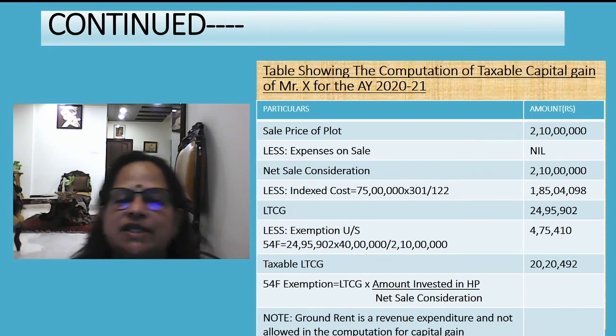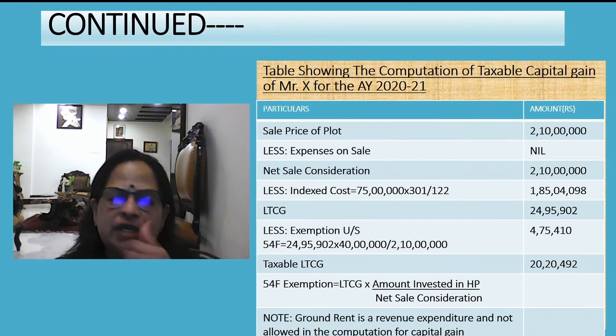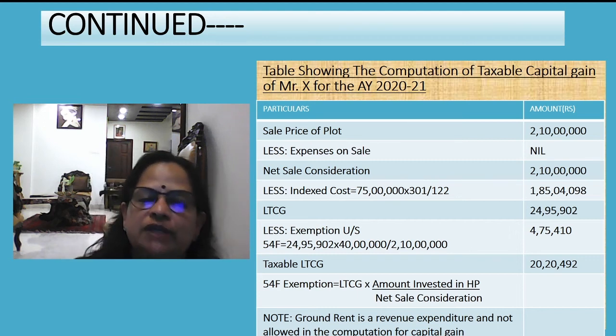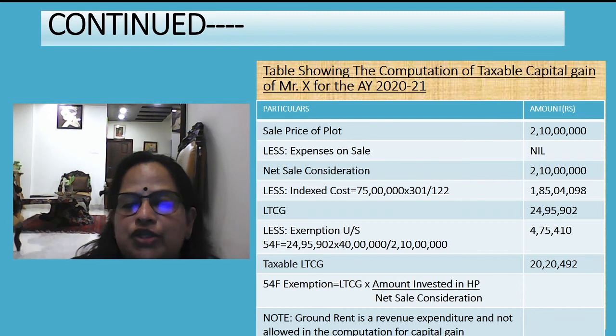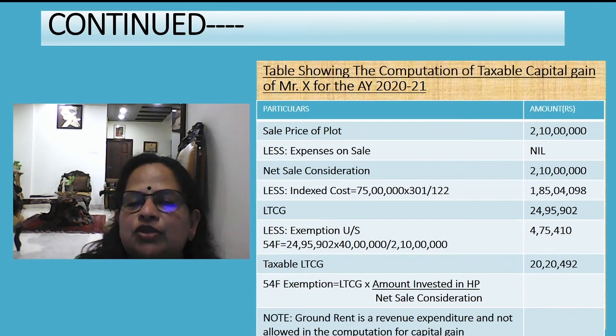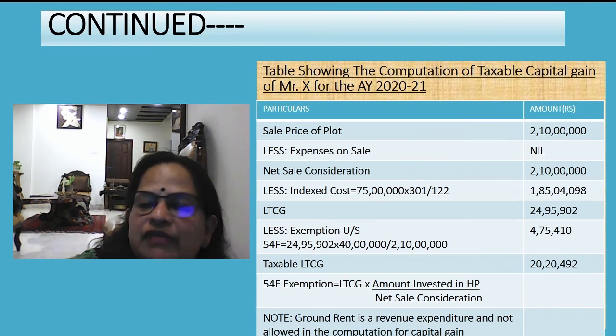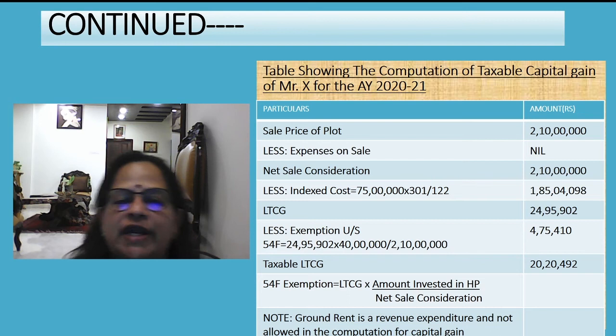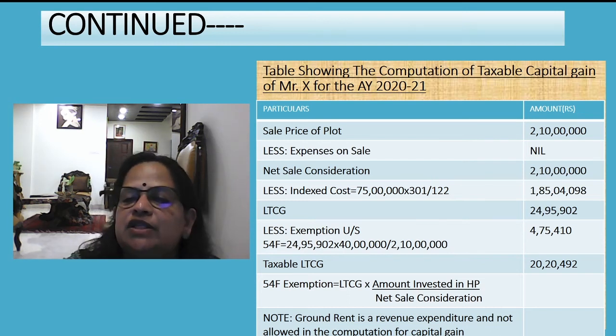Now less exemption under section 54F. So he has already only one house. One house he sold and one house now the new house he has. So he can claim 54F. Now how we will claim 54F is we have to use the equation. That is exemption under section 54F is 24 lakhs 95,902 into 40 lakhs divided by 2,10,000. So this equation I have given here. So that values I have substituted and we are getting 4,75,410. Now taxable LTCG is 20 lakhs